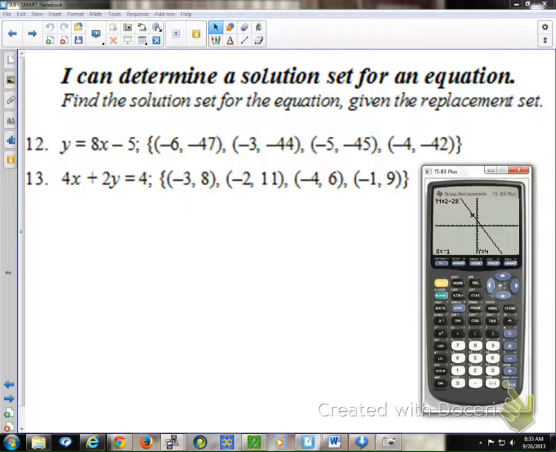So the two answers to that you could have circled were -5/45, -45, and -3/8. Those were the two that worked. Questions? Again, all this question's asking is which of these points actually lie on our line, and the easiest way to do it is just graph the line and say, hey calculator, is that point on the line? Yeah or no. Or you could just plug them in. That would work too. Questions? All right, let's go on to the next slide.